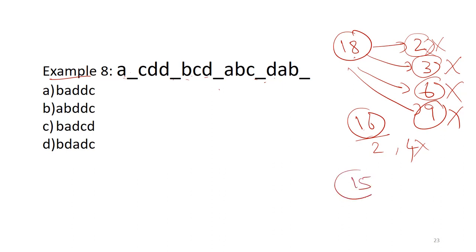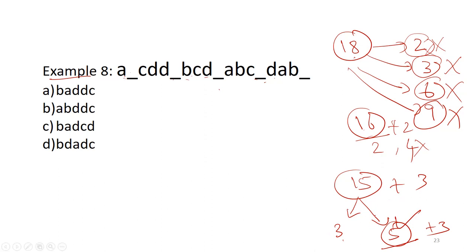Then go for 15. So this is 16 plus 2, 18. 15 plus 3. In 15 also, it can go with 3, but 3 has already not worked. Then you can group them as 5 each plus 3 extra. Try this one. If it doesn't go, again go with the lesser number. Now let me try this.